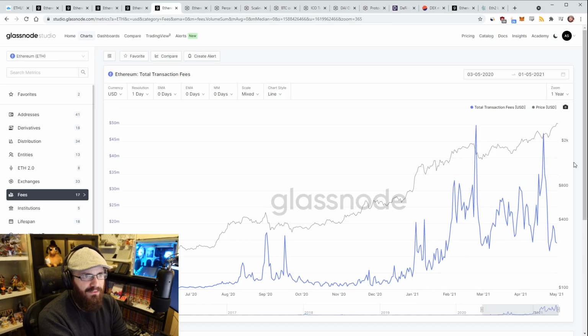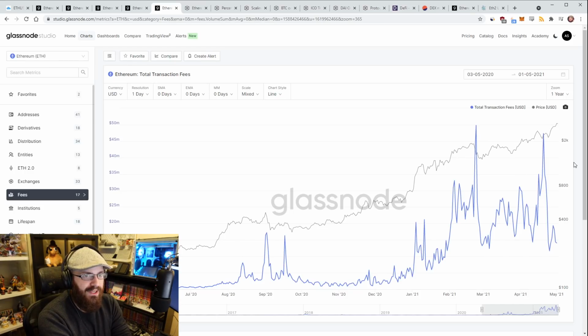I think the narrative of 1559 burning ETH, and the fee revenue going to burning ETH, is going to be a fundamental driver. Because if you think about it, where does ETH go right now in fees? It goes to miners, and what are miners doing? Well, they're going to inevitably sell it, so it's just selling pressure. So logically, the ETH price shouldn't go up, right? Based on this, it should actually go down if we're counting that.